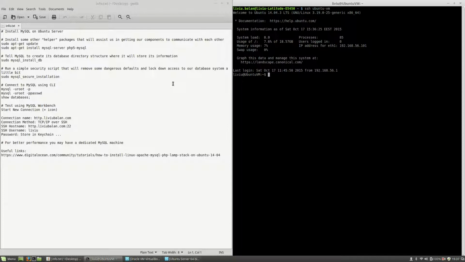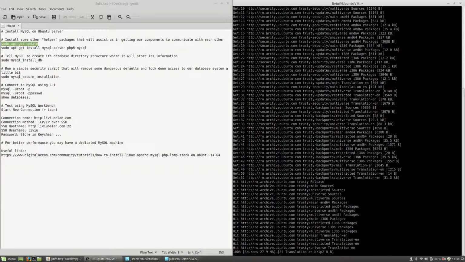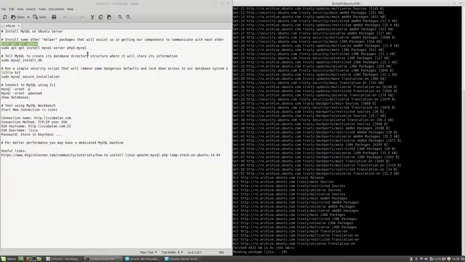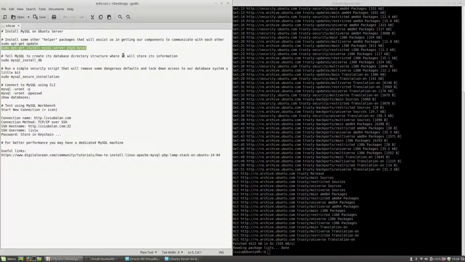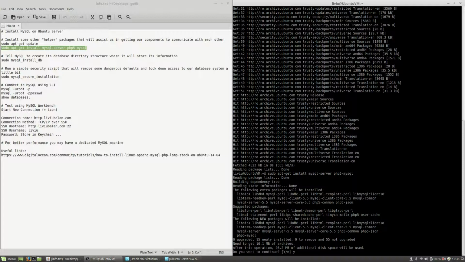Remember that I will use this virtual machine with PHP. So I will install PHP 5 MySQL in order that PHP will communicate with MySQL. But first, I will run sudo apt-get update, enter the sudo password for the current user, Liviu in my case, then type sudo apt-get install mysql-server php-mysql php5-mysql. Type yes,